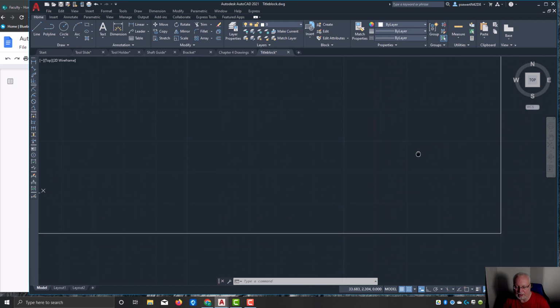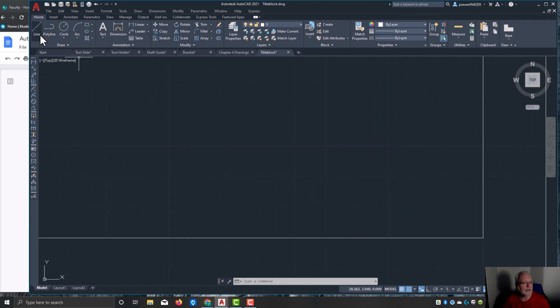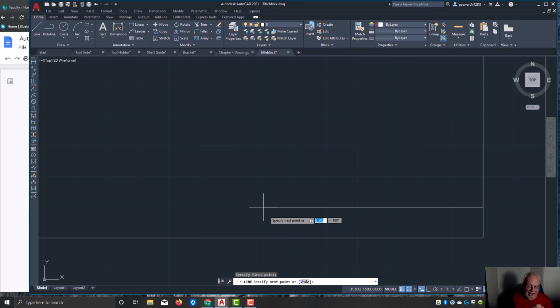So I'm going to click and bring this down here. Start the line tool, and if I just touch this corner and then go up 1 space, I'm going to click, and that is a 1/2 inch up. And what you should be able to see is that my grid here is going to snap from 1/2 inch to 1/2 inch to 1/2 inch. Now I can take a look down here and see that this says 3.5, and I can keep going across until I get to 4, and then click, okay, and come down,